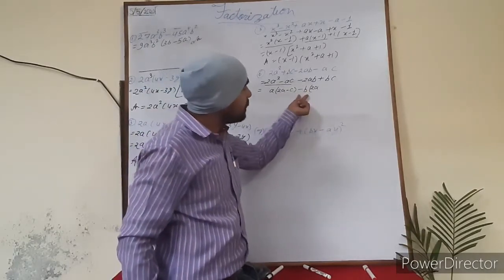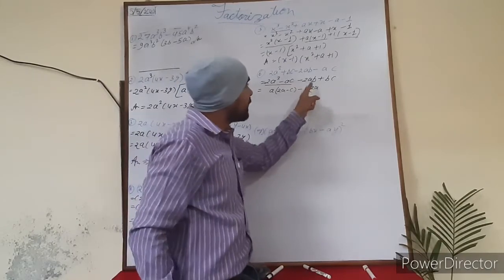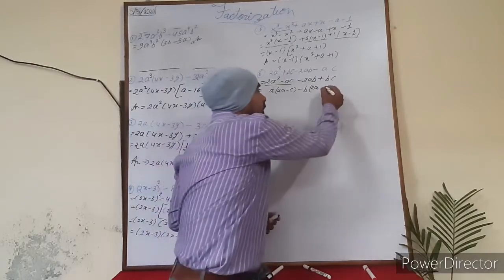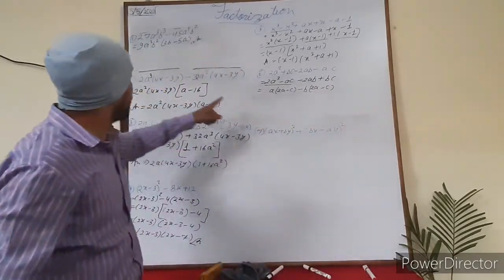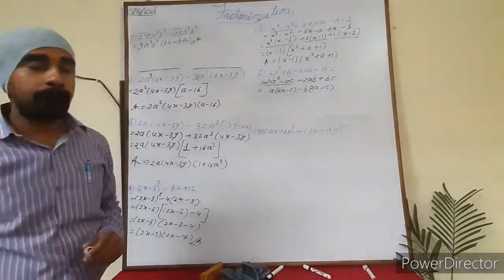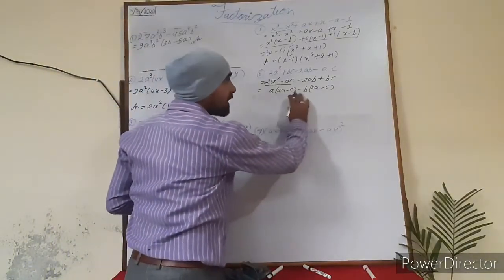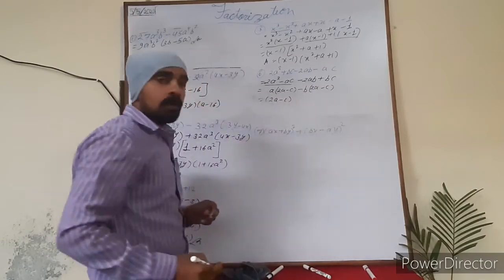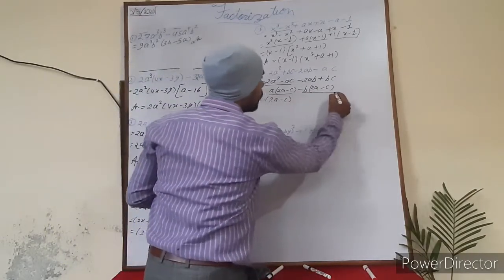So when this minus b will divide this bc, so minus plus minus is here, b will cancel out by b and c will remain here. Now you can observe that this has become such a type of sum. Now what is common in these two? 2a minus c, 2a minus c. So 2a minus c will be taken totally as common in these two terms.